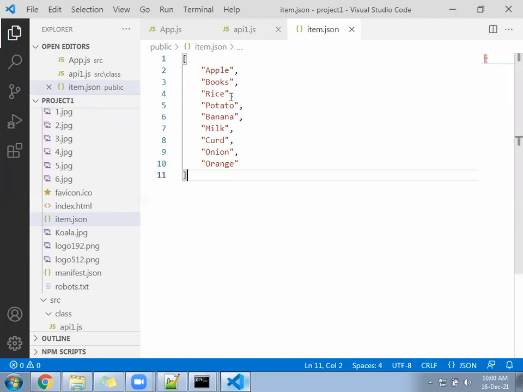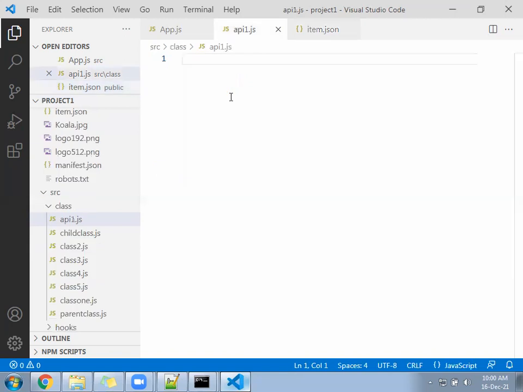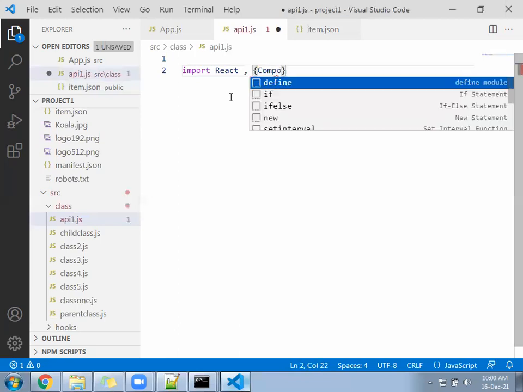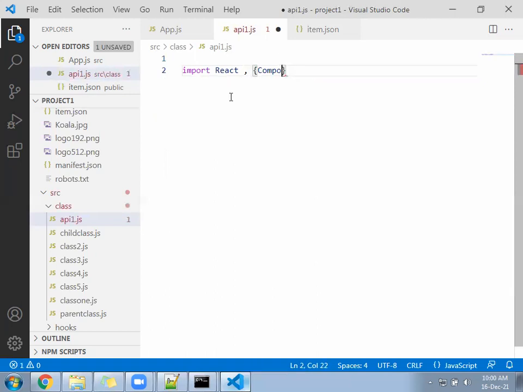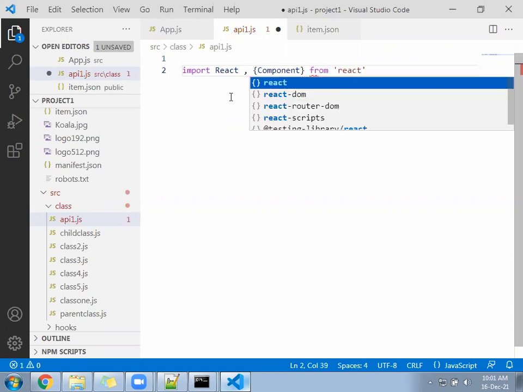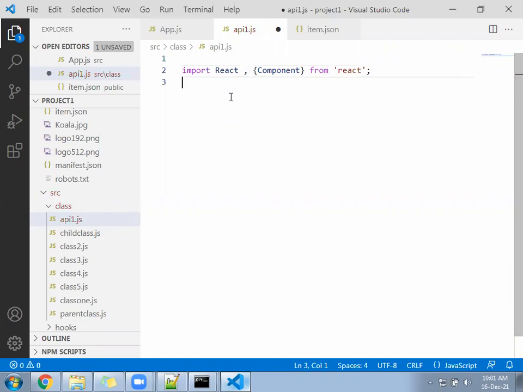Okay, so come now to the api1.js file. Import React, comma, Component from React, and import one more library that is called axios.